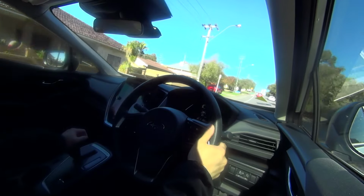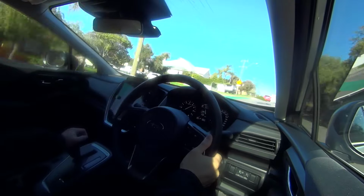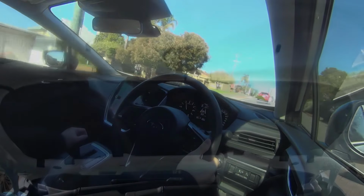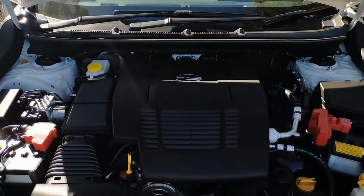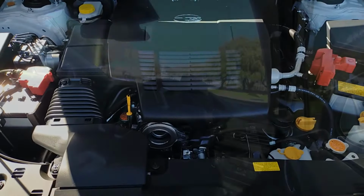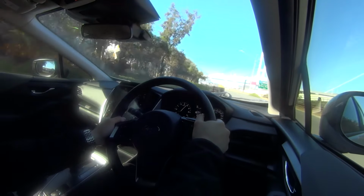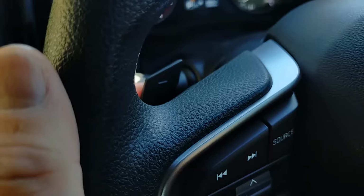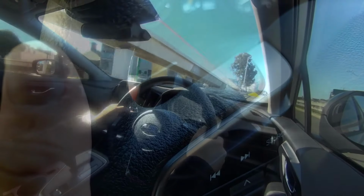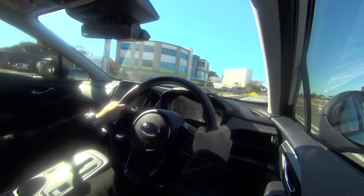To the all-important part, well for me anyways, how does it drive? Well, this Crosstrek e-Boxer combines a 2-litre engine with an electric motor paired with Subaru's Lineartronic CVT. This hybrid setup produces a combined output of 110 kilowatts and 188 newton meters of torque. Compared to the non-hybrid variants, you get a slight boost in power and torque, which enhances low-speed acceleration and overall